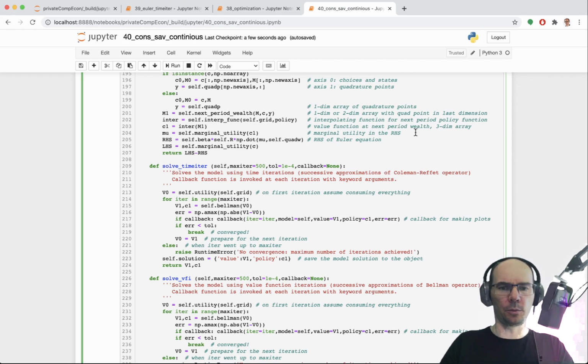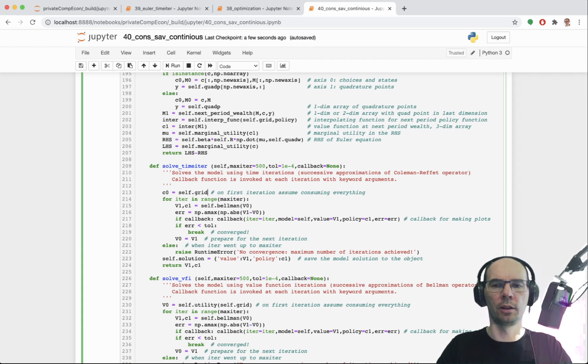Now, this will be iterating in the policy function space, right? So instead of V0, I want to start with some initial C0, which is going to be a representation of the policy function. So on first iteration, assume consuming everything. Well, let's keep that same assumption, but policy, that means that we equate policy to the grid. So whatever wealth you have on the grid, you consume the same amount. That is the amount that you have. Okay, for iter in range,